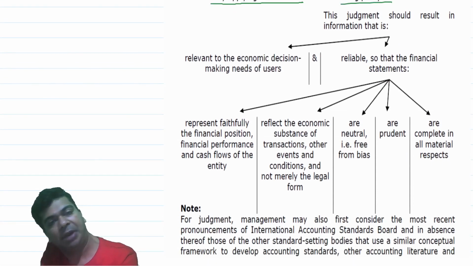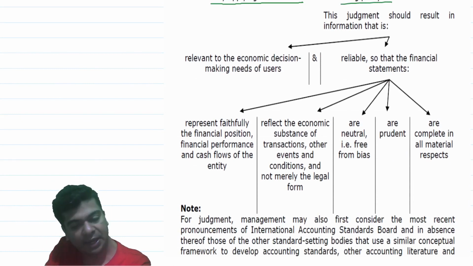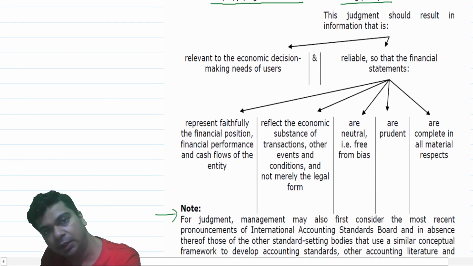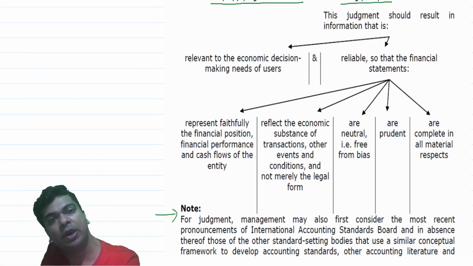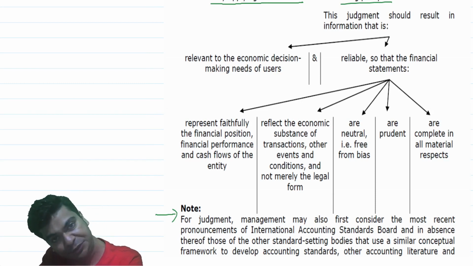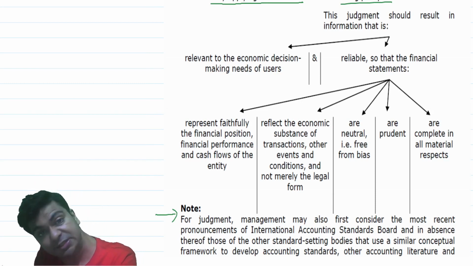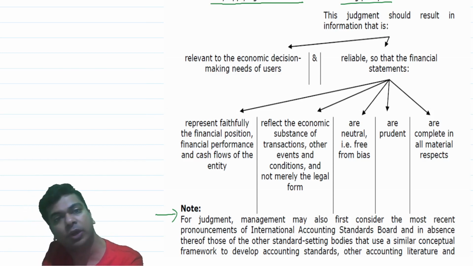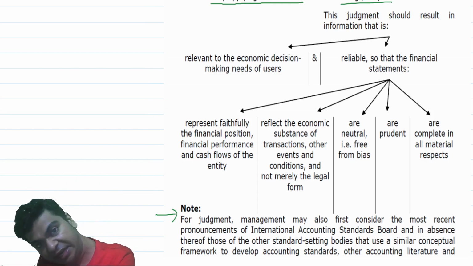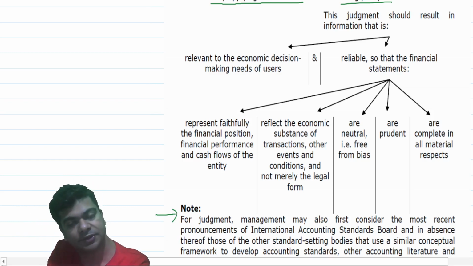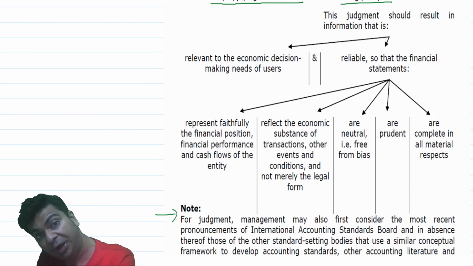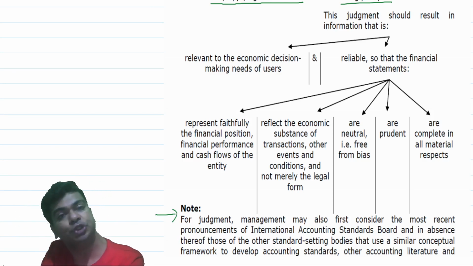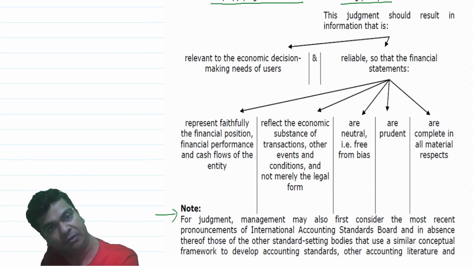Now, when the management is applying its judgment, there are quite a few things that can be done. And there is a note also which I have given over here. You can even look at international accounting standards. It is quite possible that we may not have an Ind AS right now, but on those matters, you may have an international accounting standard. Hence, when the management is trying to develop an accounting policy relating to that item, it can definitely consider the international accounting practice. And on the basis of that, they can then design their own accounting policy. Whatever judgment that you are applying, we must ensure that at the end of the day, the financial statement should show a true and fair view.